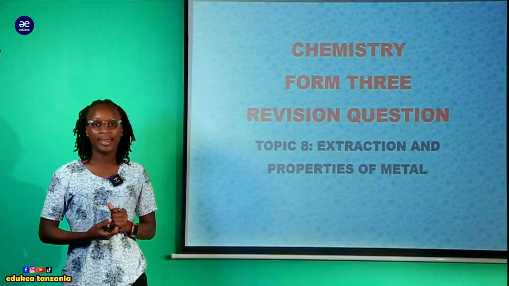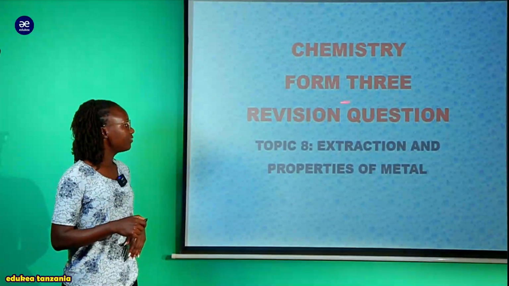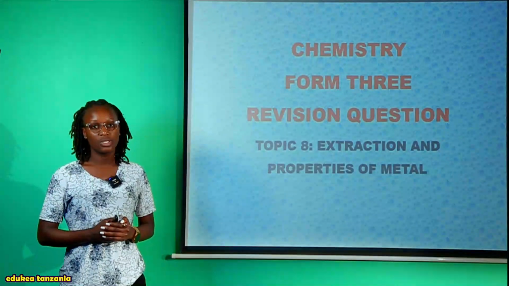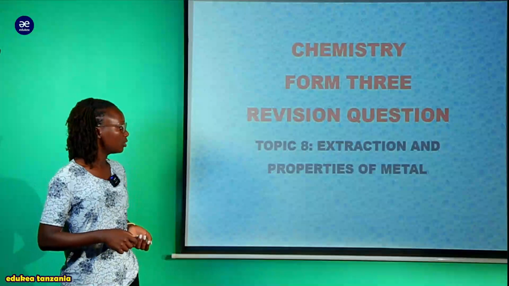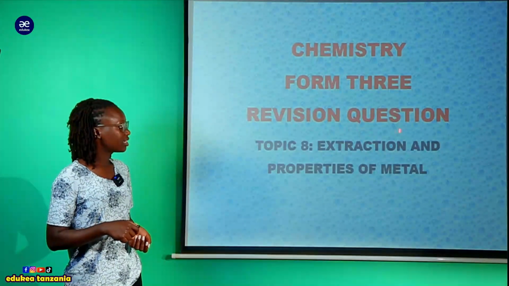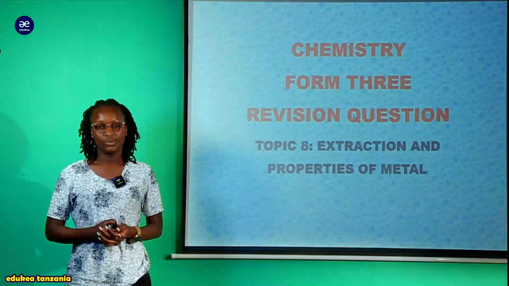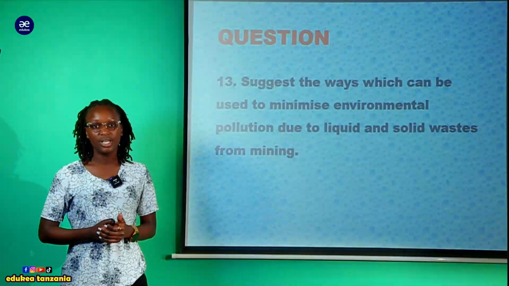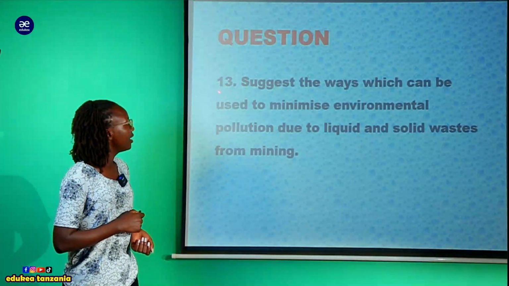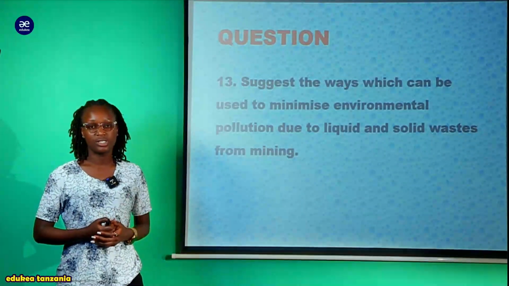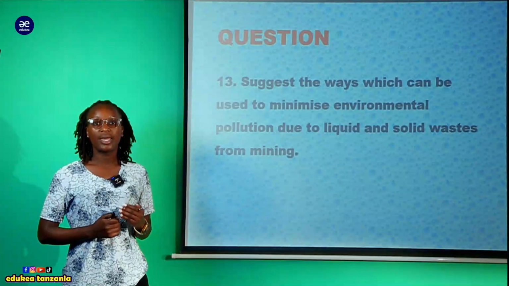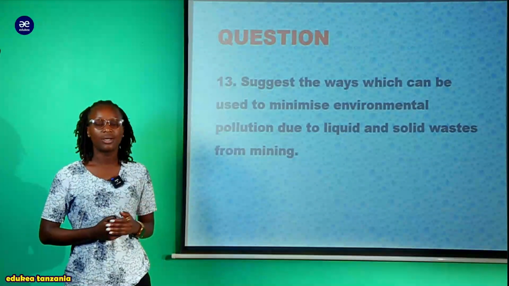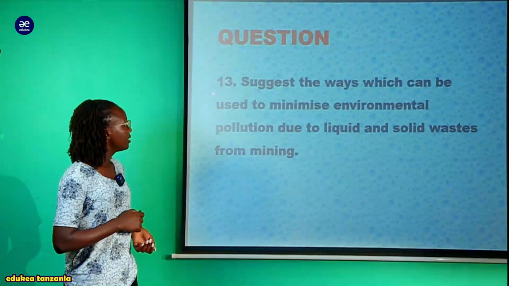Today we are going to run on our chemistry subject, and our class level is Form 3, and we are making the revision. We are discussing the different questions, and we are going to discuss the question on our topic known as extraction and the properties of metal. So my online student, for today we are making a continuation for our question number 13. Make sure you have a good follow-up so you are able to master and learn all the discussed questions from the beginning, question number 1 up to question number 13.